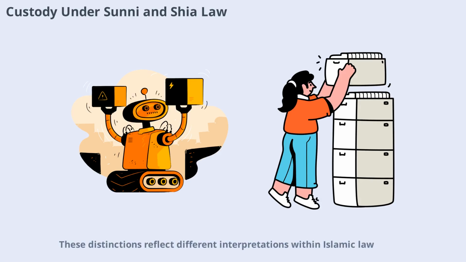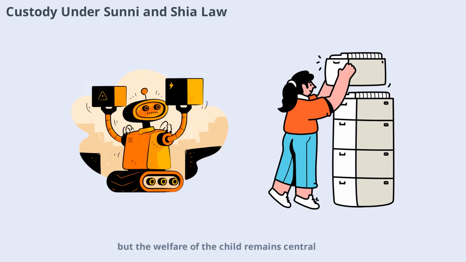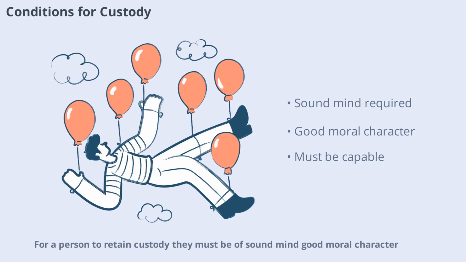These distinctions reflect different interpretations within Islamic law, but the welfare of the child remains central. For a person to retain custody, they must be of sound mind, good moral character, a Muslim with some exceptions, not married to someone unrelated to the child, and capable of raising the child properly. If these conditions are not met, custody may pass to the next eligible relative, ensuring the child's best interests are